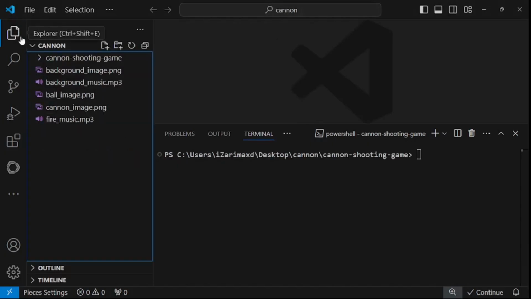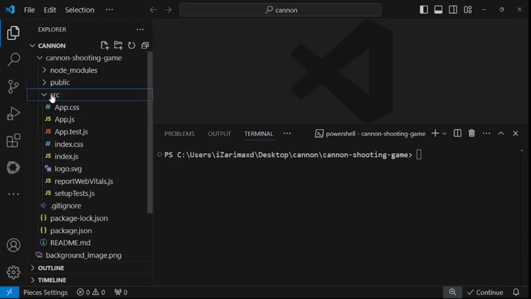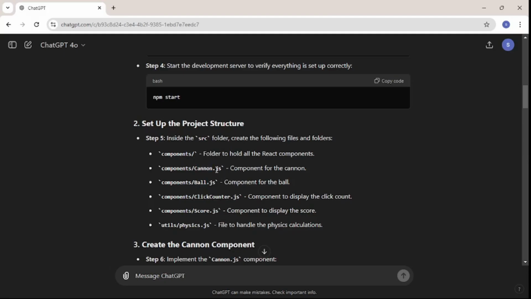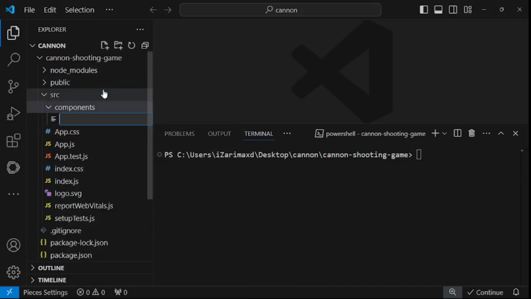Let's open up the File Explorer. Inside the source folder, I'm going to create a new folder, and let's name that components. So the first file is going to be cannon.js, then there is ball.js and clickcounter.js, and at the end there is core.js. So I'm going to start with cannon.js. Let's create a new file. It's going to be